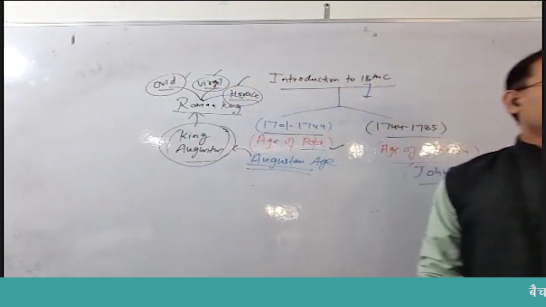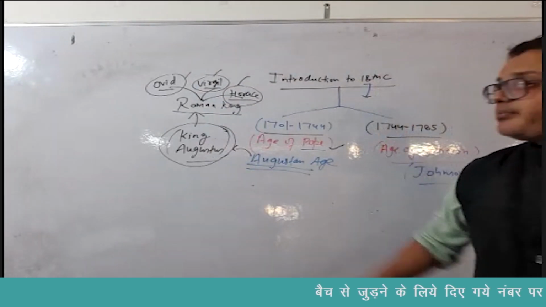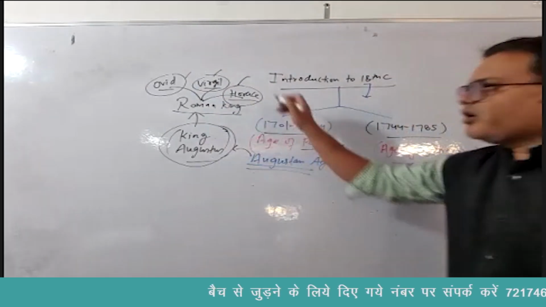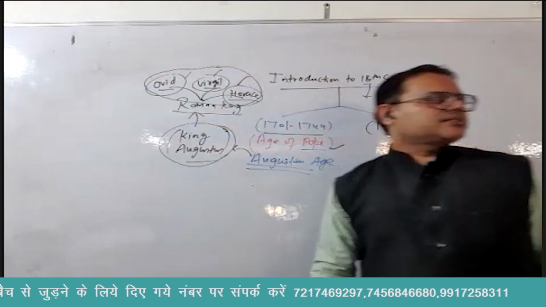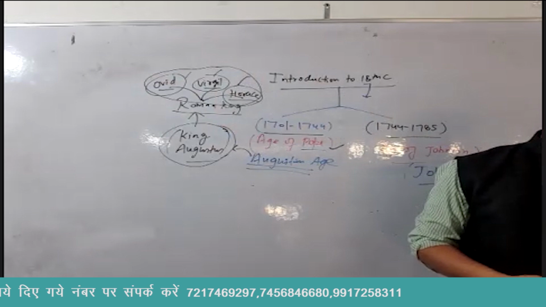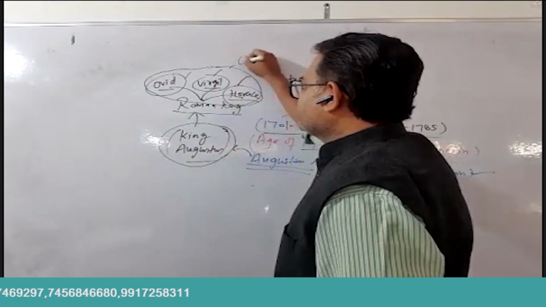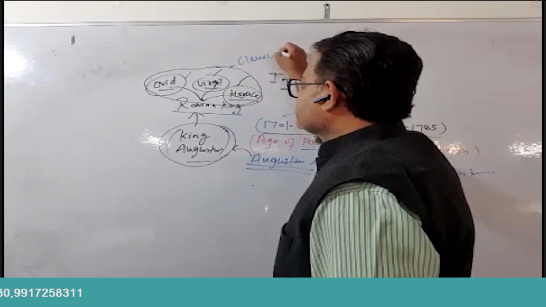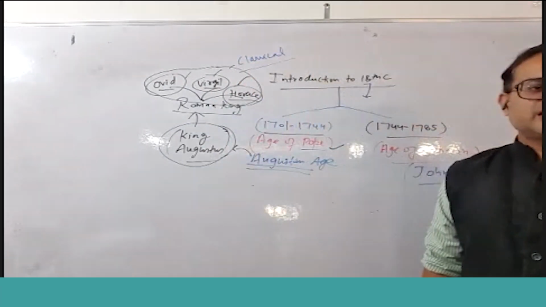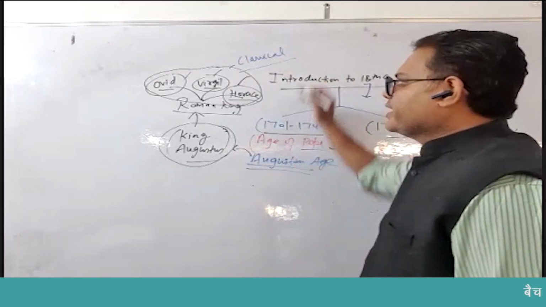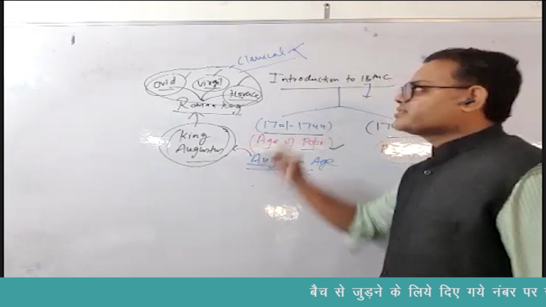Most important of all the three was Horace. Okay, Horace was a very important writer. So what do we call these three writers? Classical writers. These were the three writers who were called classical writers, right? So please understand here the word classical. Whenever I use the word classical, what does it suggest? It actually means two things. One is timeless.